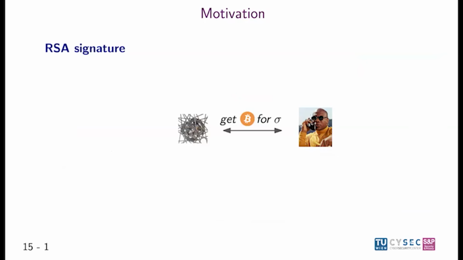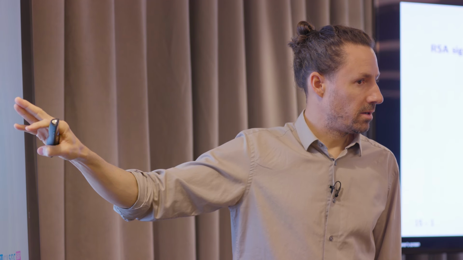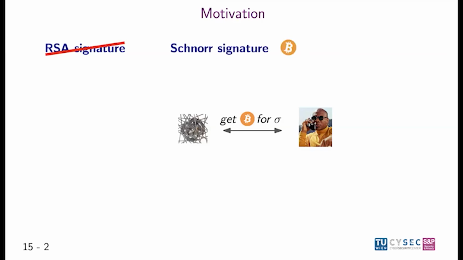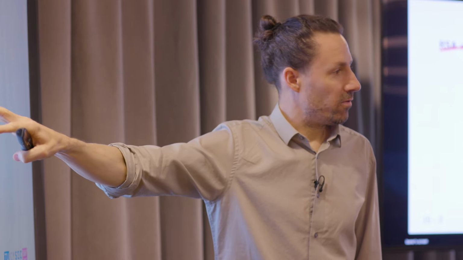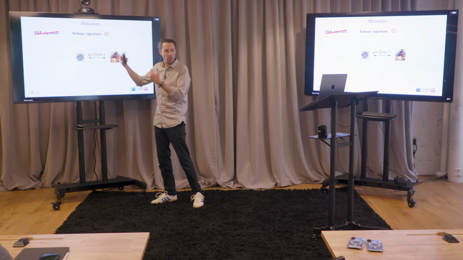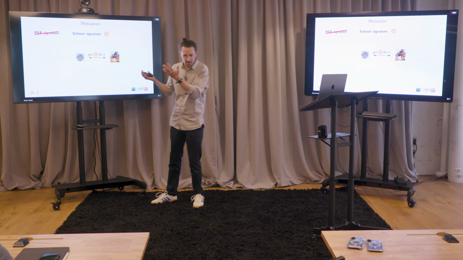Basically, Bob wants to buy a Bitcoin if and only if he has some signature, right? But that seems very related to what Bitcoin does anyway, because to get Bitcoin, you need a signature on a transaction. The problem is that if this is an RSA signature, Bitcoin doesn't accept it. So why don't you just replace RSA by something that Bitcoin accepts, namely Schnorr? And then this part of the protocol is basically done, right? Because now Bob can create a transaction from an address of the payment hub, and if he gets a signature from the payment hub on this transaction, he gets the Bitcoin. That's the buy specification of Bitcoin.